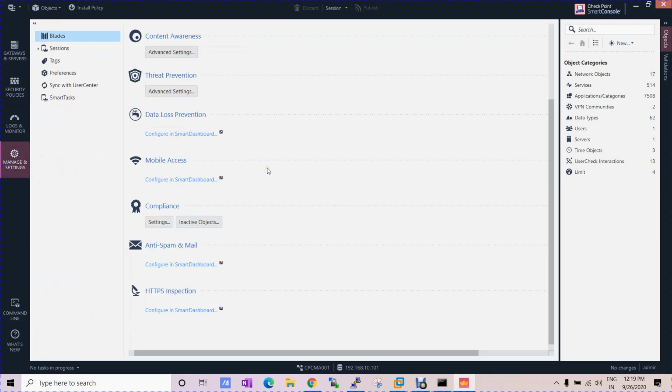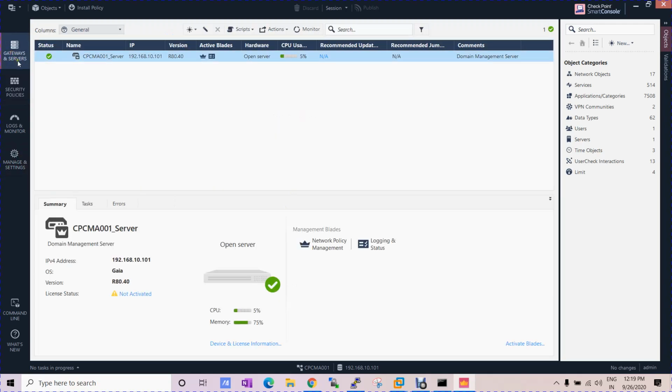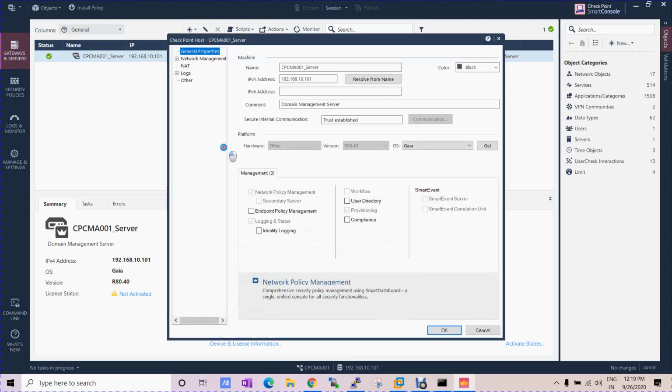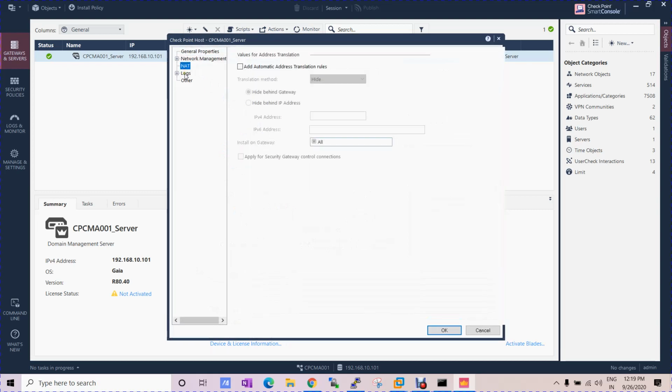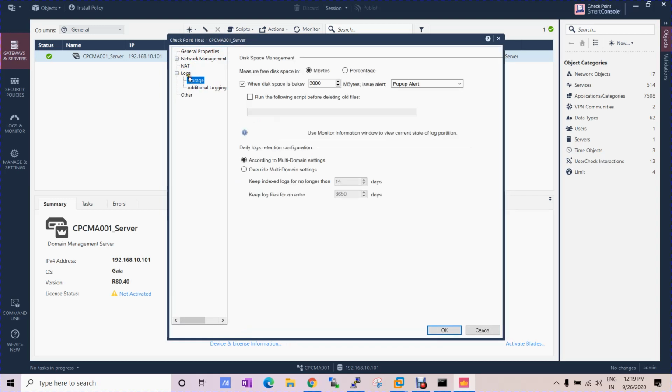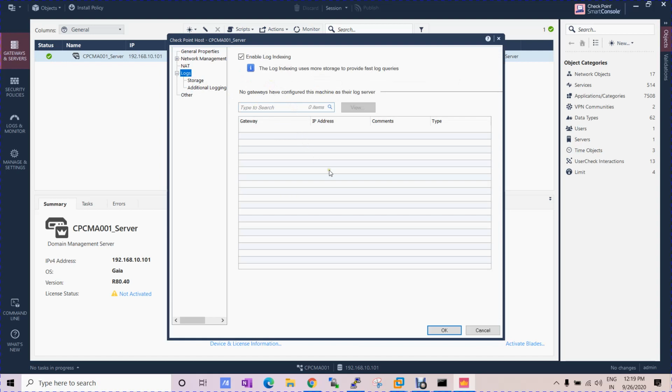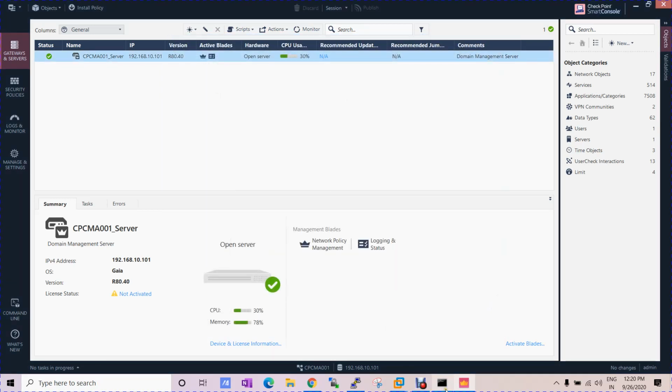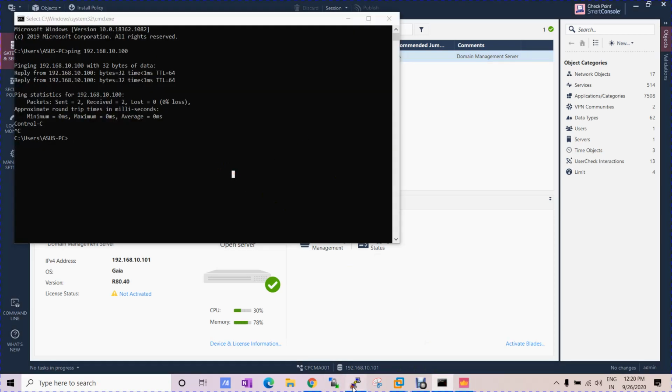So it's the same configuration which we see in our management server, and in the gateways you can create VPNs and all. Let me show you. Okay, so it's the same setting. Okay, so in the logs you can see you can add those. You can create a log server as well, and you can point to the log server IP address, and all logs will be stored on the server, and you are sending those logs to that log server using the log exporter command. So I can show you that one also.